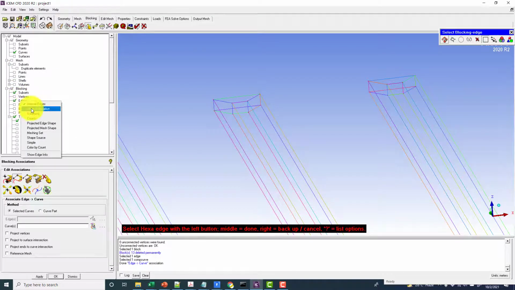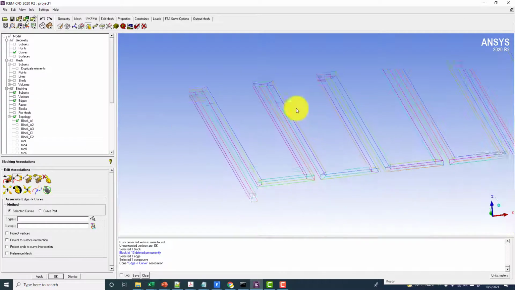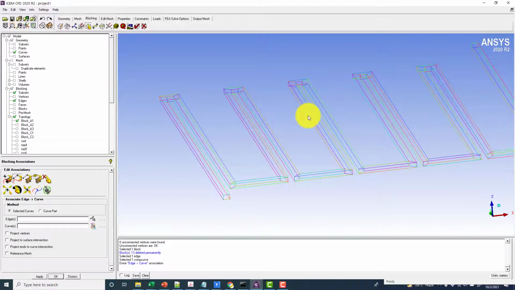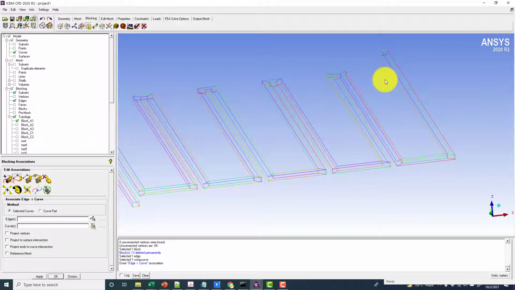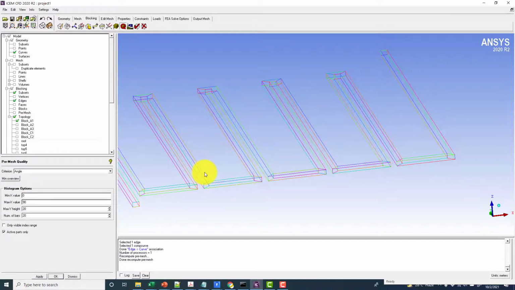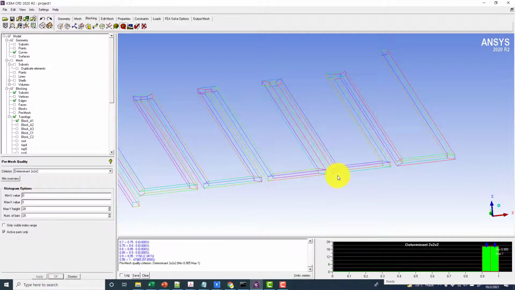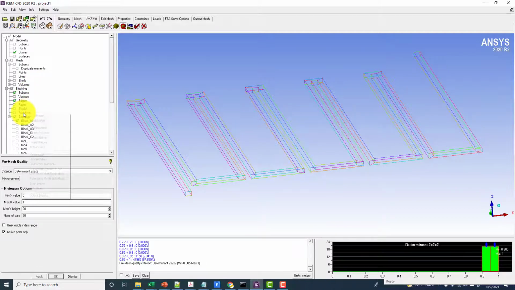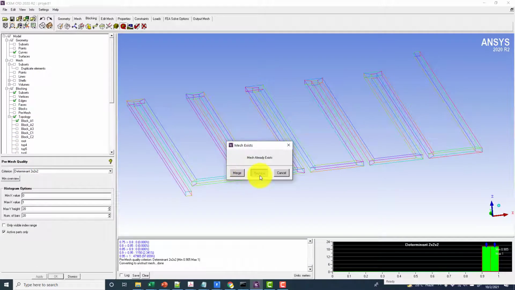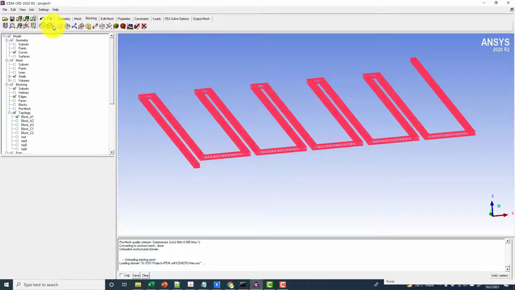At the same time I want to see the association of edges and vertices to the points and the edges to the curves. They are correct if they are pointing to some curve, so you will see some green arrow pointing from the edge to the curve, but it's not happening here. At the same time I want to see the mesh quality. Angle is okay, and the determinant quality is around 0.9 plus. Now I'm going to convert the pre-mesh into the unstructured mesh and see what happens again.